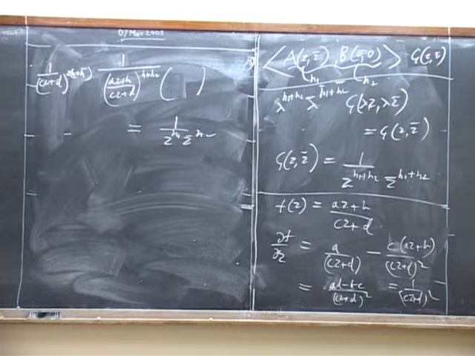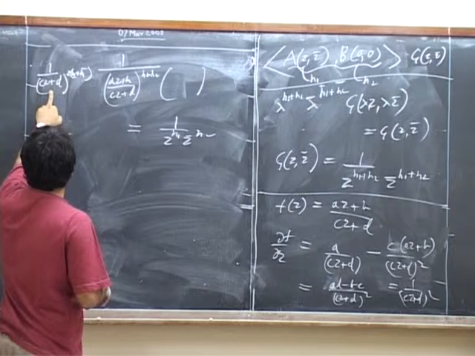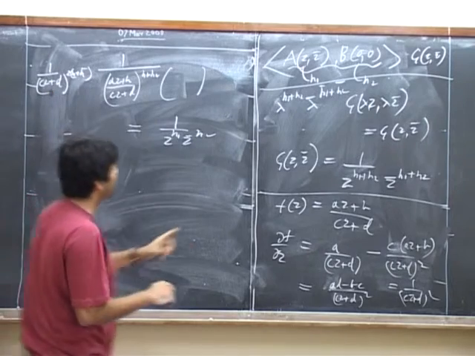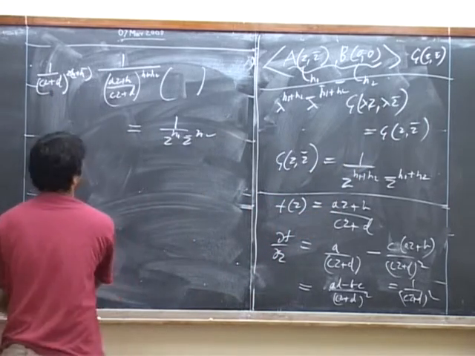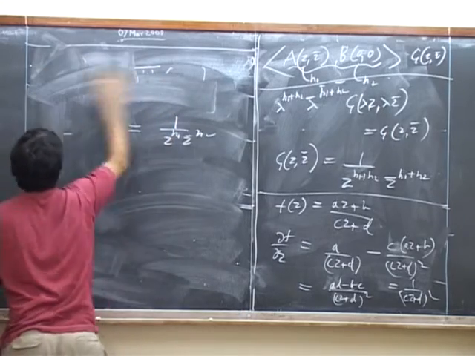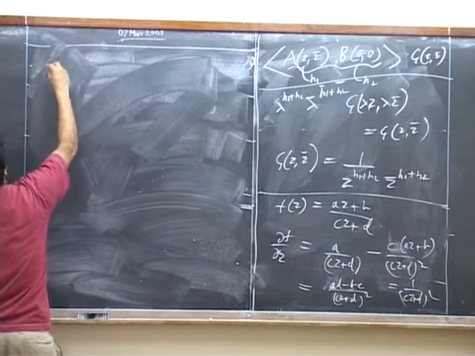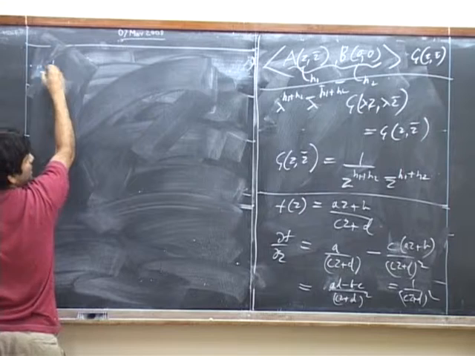I'm sorry, I wrote this wrong. This should be at two different points, right? Okay, let me write this as Z1 and Z2 instead of Z and 0. Sorry, let me write this again. It should be, how does it go? 1 over